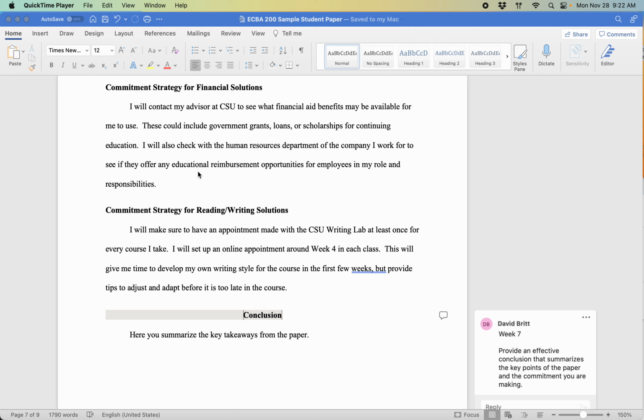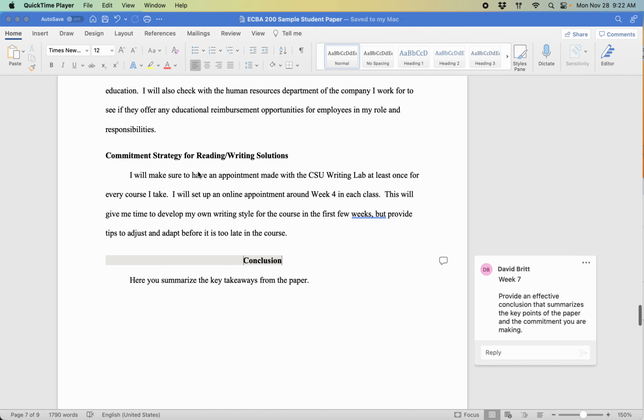One of the things that you're going to see on this commitment, these are real action-oriented. And so it takes the solution and in essence says, here's how I'm going to implement that particular solution. So they're very, very action oriented. Commitment strategy for reading, writing solutions. I will make sure to have an appointment made with the CSU Writing Lab. Please don't forget that that's available. That is a great resource that you have. And you can schedule those online. You can have those meetings via Zoom online